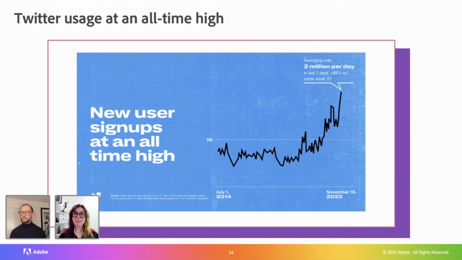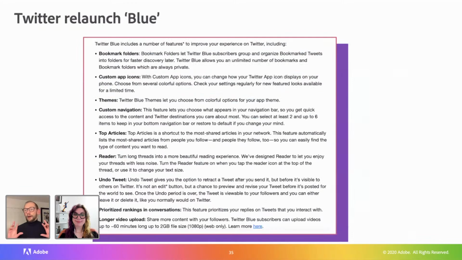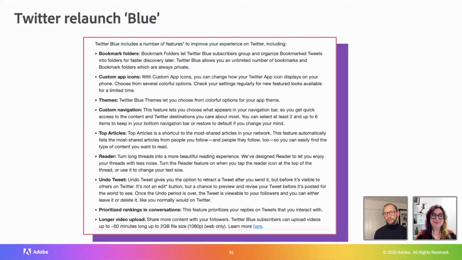It just goes to show, despite the amount of craziness that's going on, it doesn't seem to affect usage. As much as we might think in the media, oh, it's an absolute disaster, and if you're an employee, it probably is a disaster from your perspective. But as far as users are concerned, this media storm, this show, if you will, is drawing people in, which is very interesting. Now, here's the worst slide you've ever seen in your life. I don't expect you to read it all, but I wanted to flag it because there's no other way of demonstrating a relaunch of Twitter Blue, and that's paid. I don't really even know what this is.